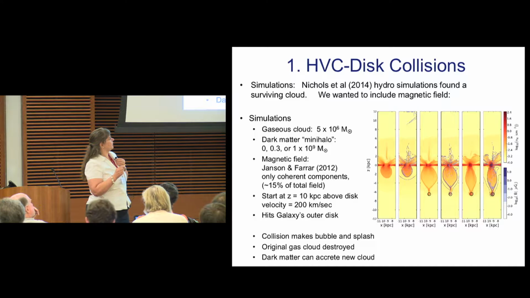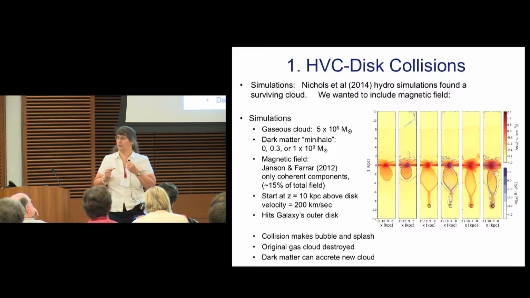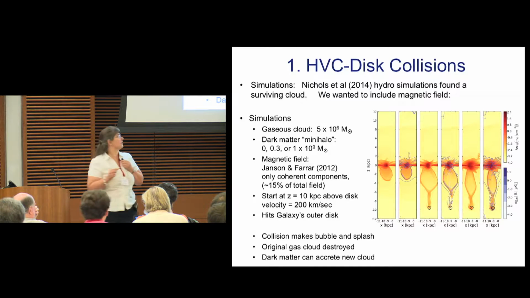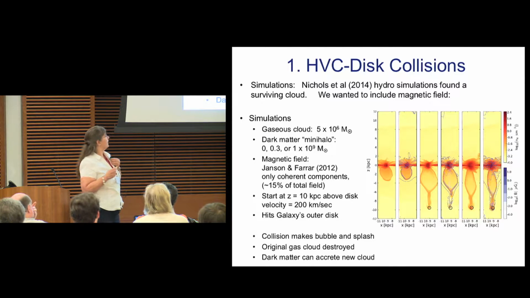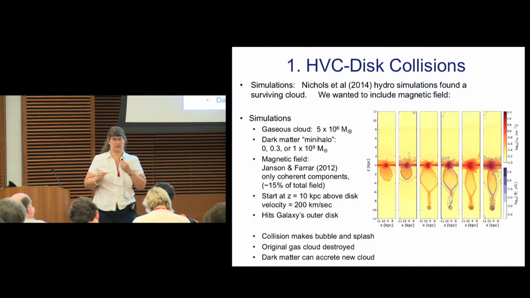The remainder of the bubble, the periphery of the bubble, is actually disk material, which is cool if one wants to go about and try to observe this. The bubble is a cool bubble, and the edge is mostly disk material, so it should be filled with the metals and dust of the galactic disk, which would really aid in observations. It's also an enormous bubble. Look at those sizes. You're at about 4 kiloparsecs right there. And it's very long-lived. It's larger in these cases that had dark matter. We're looking at timescales of 50 million years and longer.